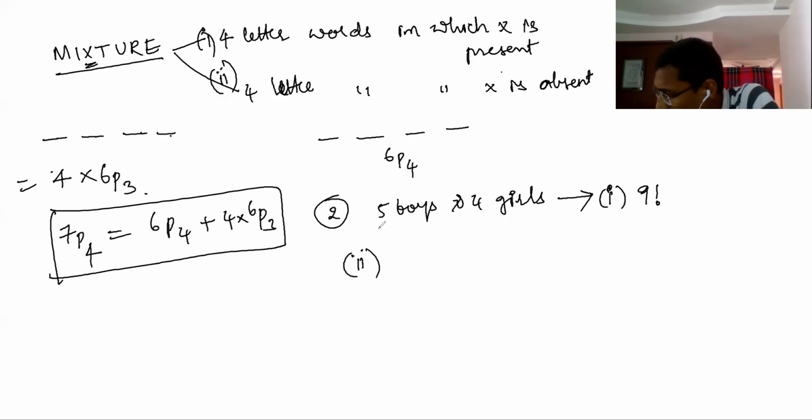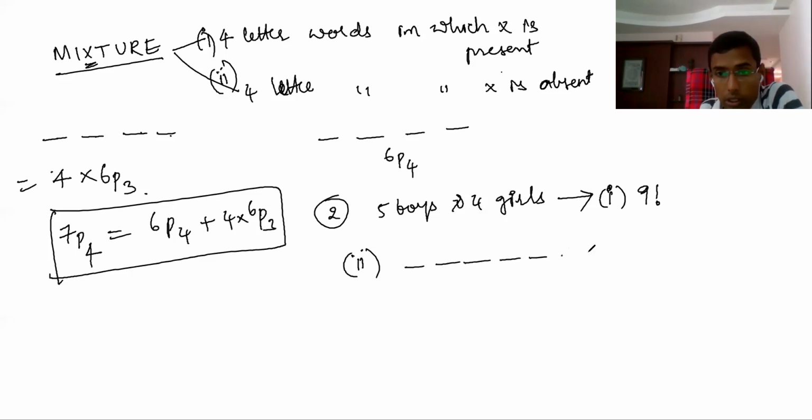Next, it begins and ends with a boy. So now here 9 members, so 9 blanks, right? 1, 2, 3, 4, 5, 6, 7, 8, 9 blanks. So it should begin with a boy and end with a boy. Please understand. Next question is the number of permutations of these 9 people, if you arrange 5 boys and 4 girls in a row, in which it starts with a boy and ends with a boy.